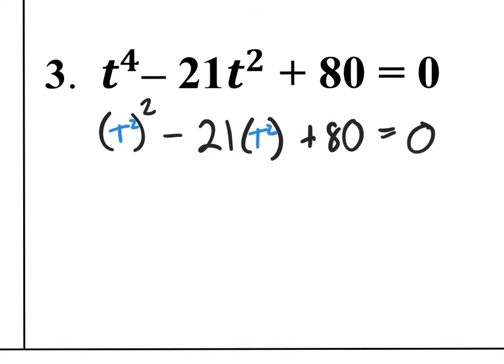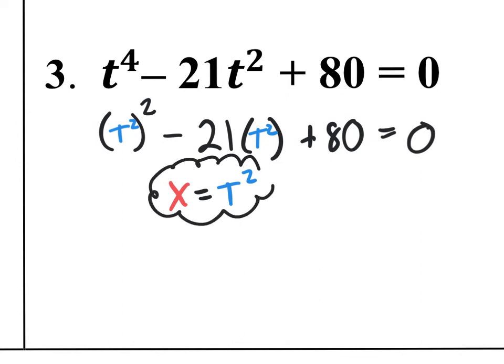T to the second power, right? So this is what we're going to do. We're going to replace a red X in place of those t to the second powers. And I want to put a little cloud around this. Very important that we remember that. If we forget about it, we're going to have the wrong answers. But we're going to replace the blue t squareds with a red x. So we'll have a red x squared minus 21x plus 80